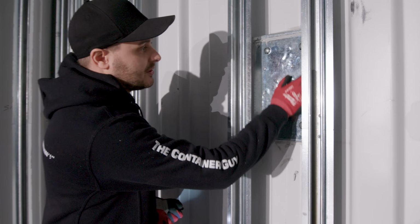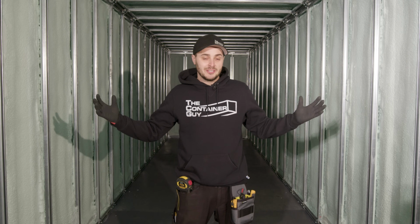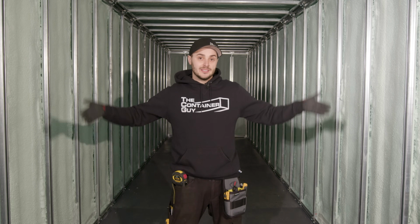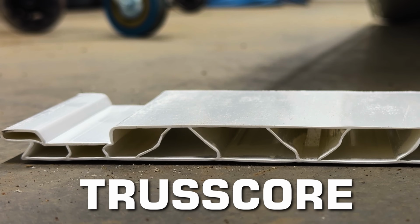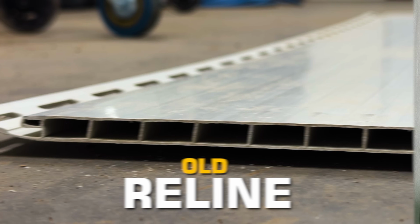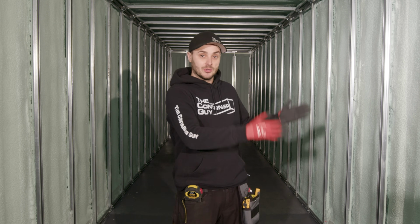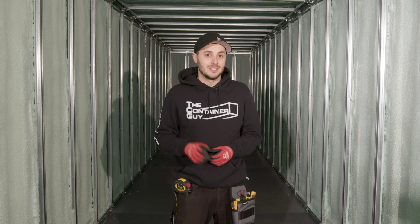There we go, so that's all sealed up now and ready for spray foam. So now that we're all finished up spray foaming, the next steps are to interior line this thing. So we're using a new brand of PVC wall panel. And what's amazing about this is these people were able to actually extrude them to the perfect length that we want. And now with this new framing system being perfect, we figure this is gonna work, but we're gonna find